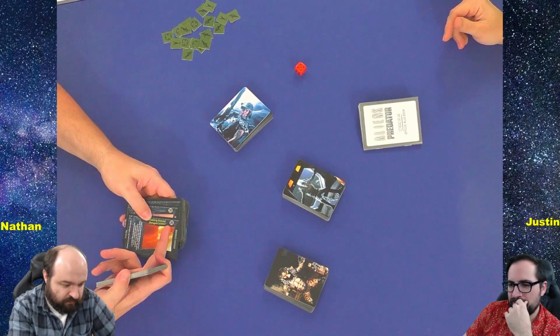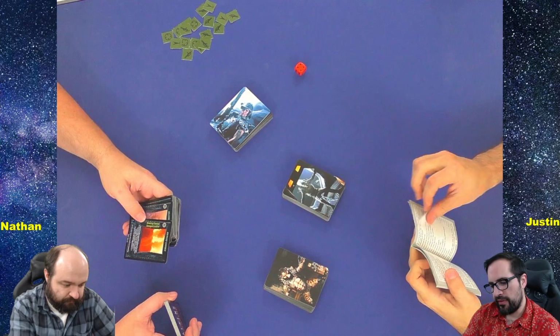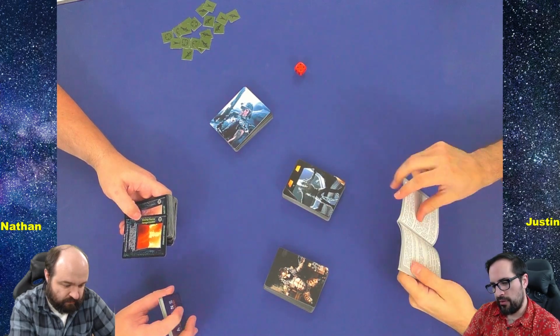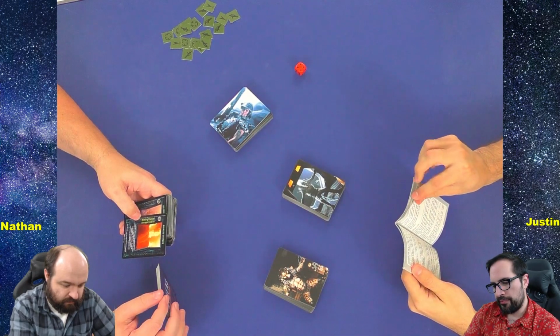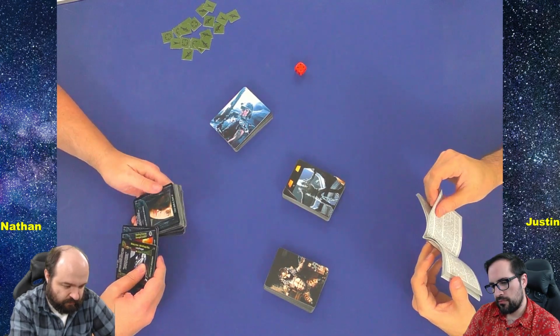Ravage Chamber. This has 5 combat pool requirements. I guess you can only play that in certain scenarios. So the other scenario is in this rule book. It's called...